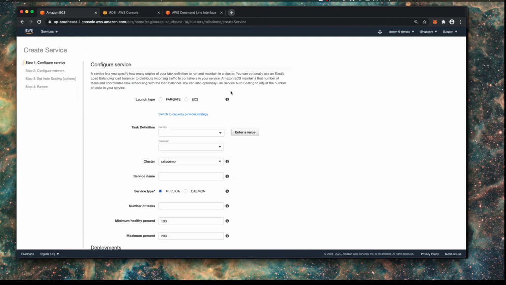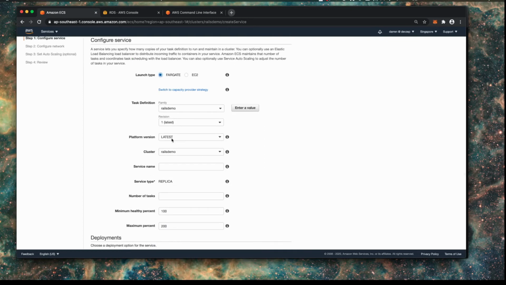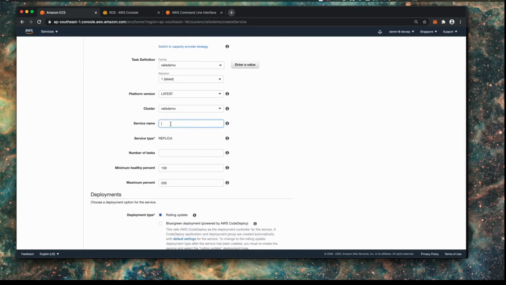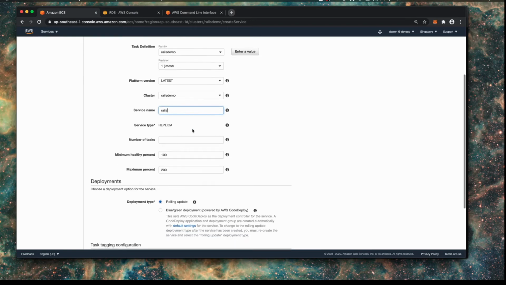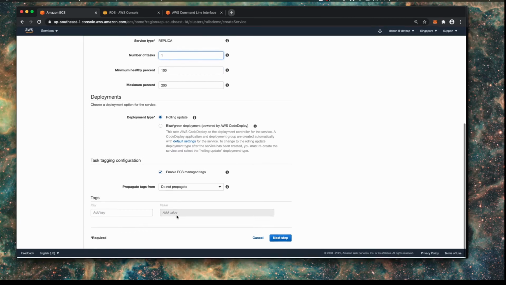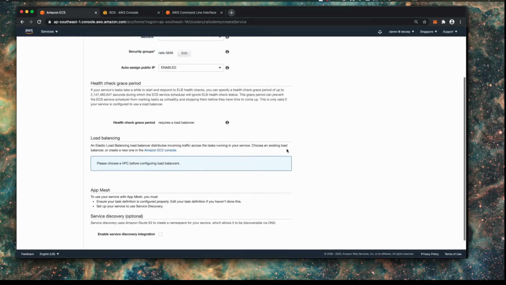So let's hit the Create button. And we're going to choose Fargate. And we're going to choose our Rails demo task definition, the latest version of that. We're going to put that into our Rails demo cluster. We're going to call this service name, and we'll just call it Rails. And we want to just create one task. And we're going to leave the rest of these settings as they are and go to the next step